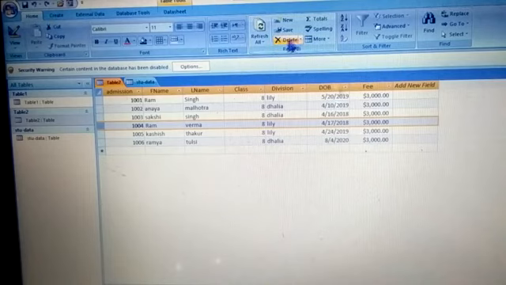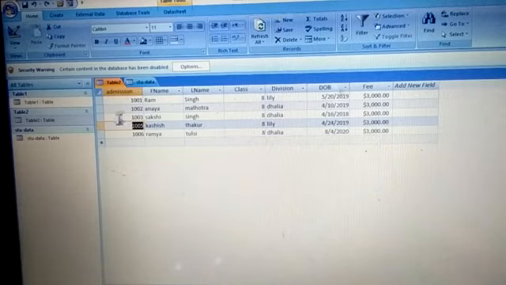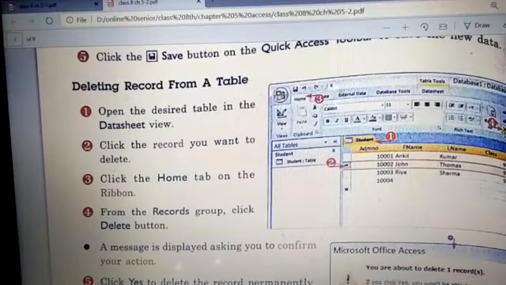So you will click on this and then this message will appear: you are about to delete one record. If you're sure you want to delete this record, you can say yes, and when you say yes, you will see that the record has been deleted from your table. So it was easy. So see the steps also.